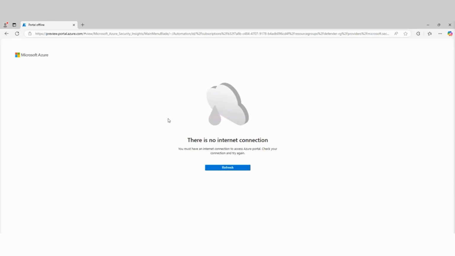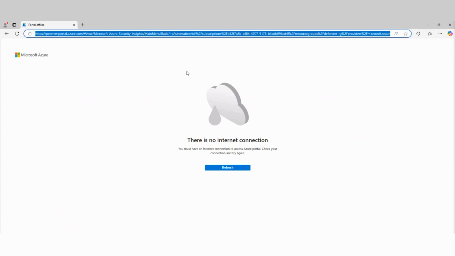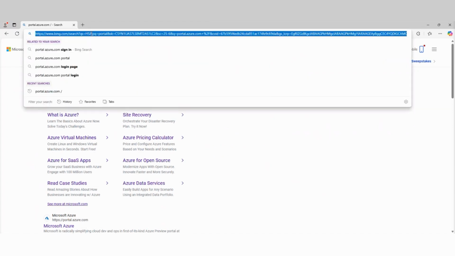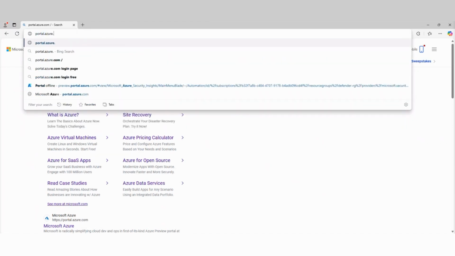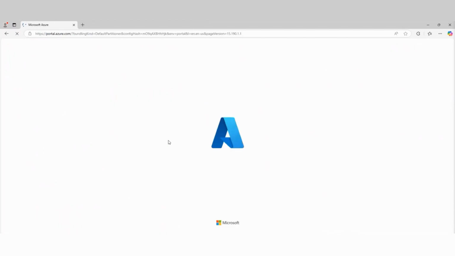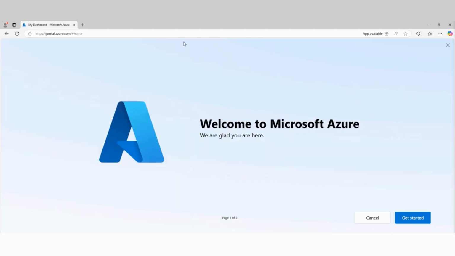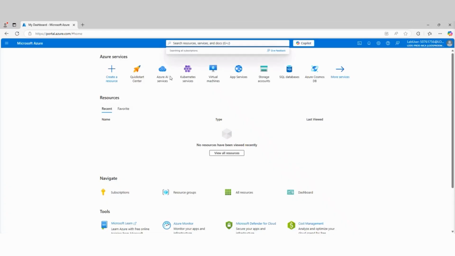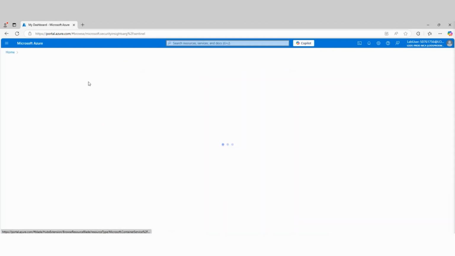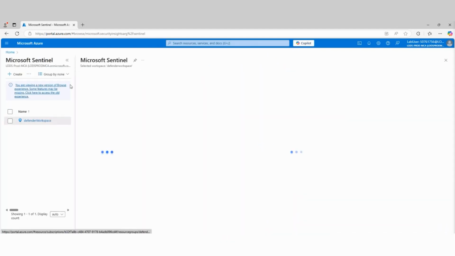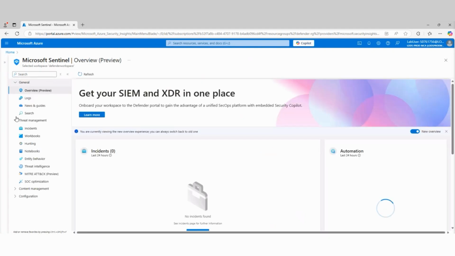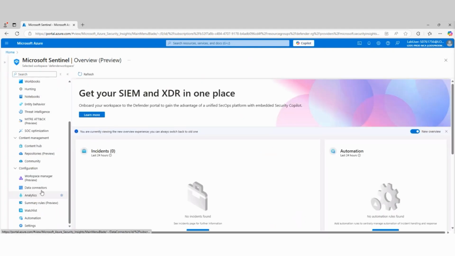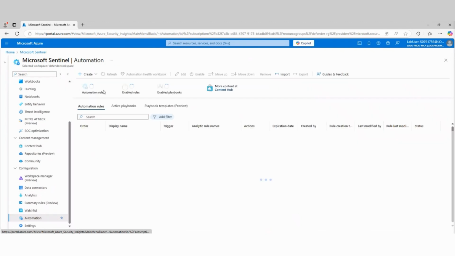Let's refresh here before we do this. So we're going to go ahead and create this automation rule here.